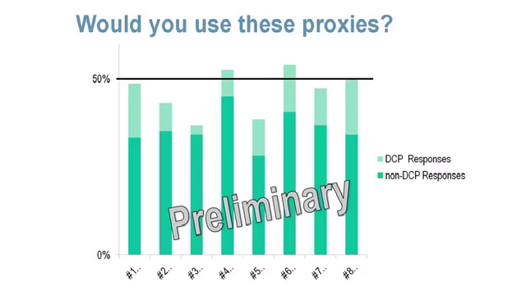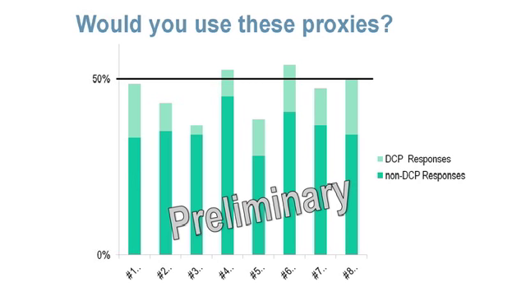Today, we've gathered already some feedback. These were announced a little bit before Christmas. We talked about them at the Green Grid's technical forum in the first week of February. And these are some preliminary results that we've gotten back. I've just listed the 8 proxies across the bottom. What I'm showing here are the survey results we've got from before the DCP conference, and then I've added on the response that I got from the DCP folks during the conference.